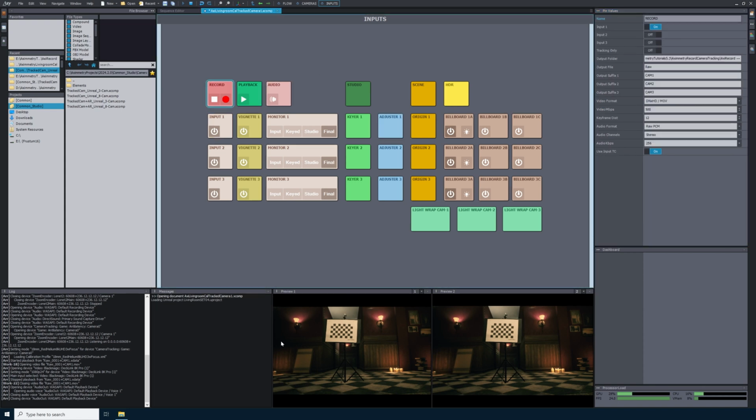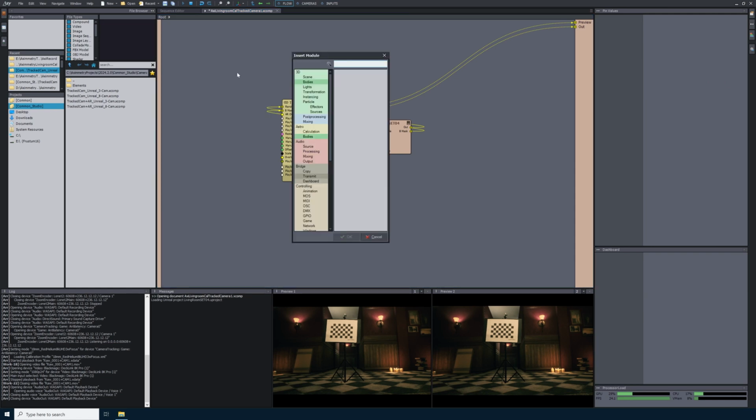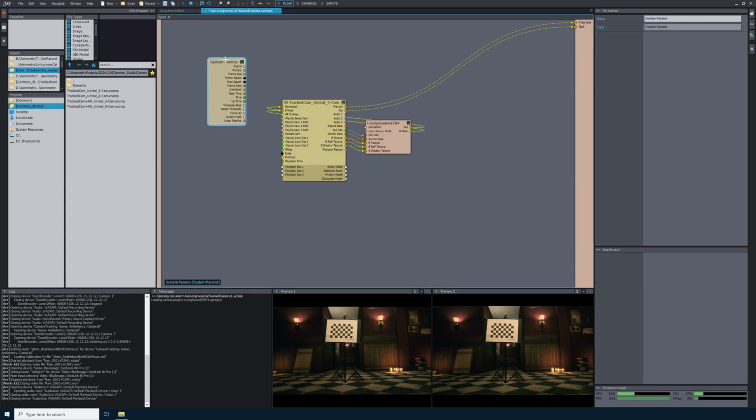Now I will quickly show you how you can view your incoming timecode in Aximmetry DE. Navigate to the Flow tab at the top. In our Flow tab, we'll right-click in the gray area and then select Insert Module. Search for System Param, select it, and then select OK. On the System Params node that's been added, you will see this master timecode pin. I will show you how you can use this master timecode as an overlay in the upper left-hand corner of